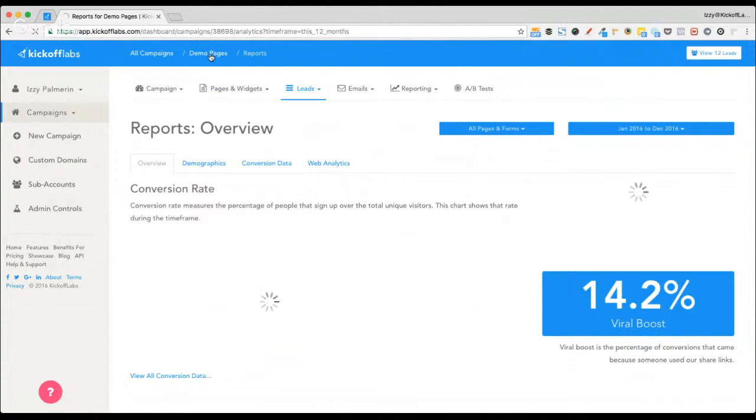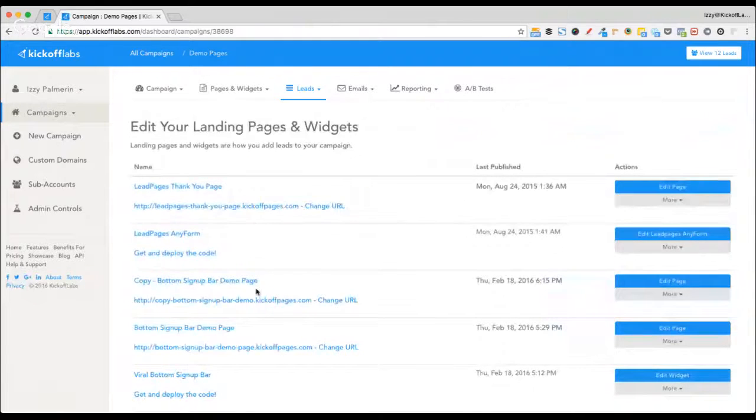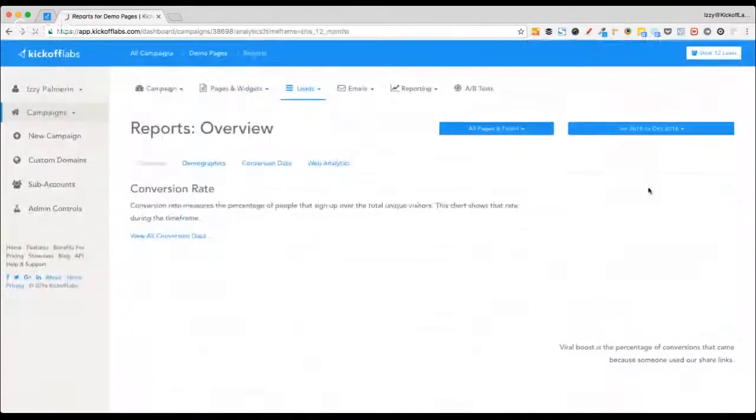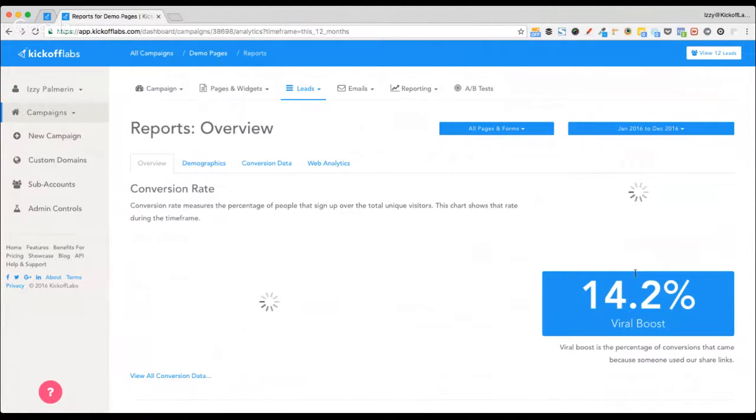referrals. But it's okay. I mean, this is a demo campaign. It's really just meant to let people look at what you do with Kickoff Labs. But if you're getting less than like a 30% viral boost, you should really focus on improving the thank